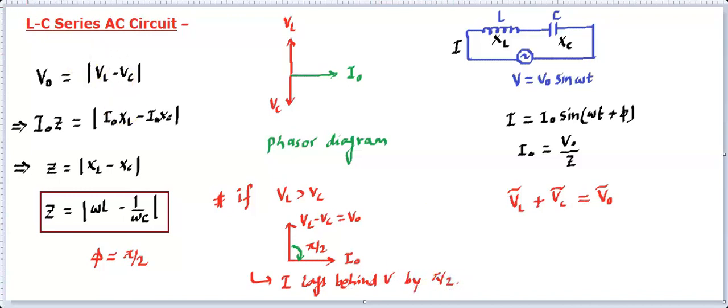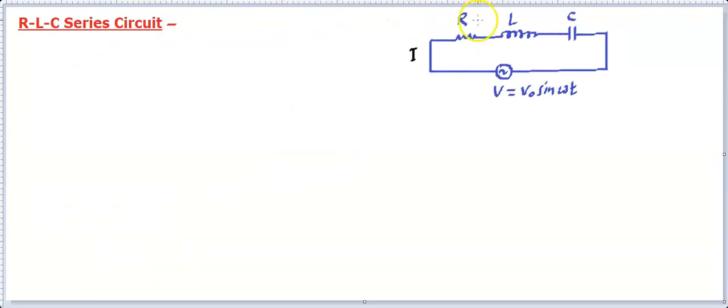Makes sense? Now let's talk about this RLC series circuit, in which all the three elements are connected in series. You'll find all three will have the same current I passing through. So current is going to be the common, and you will be writing here XL, here you are going to write XC. XL and XC, you know them. And the phasor diagram is going to be the first thing that you need to draw. Moreover, you will form the Kirchhoff equation.